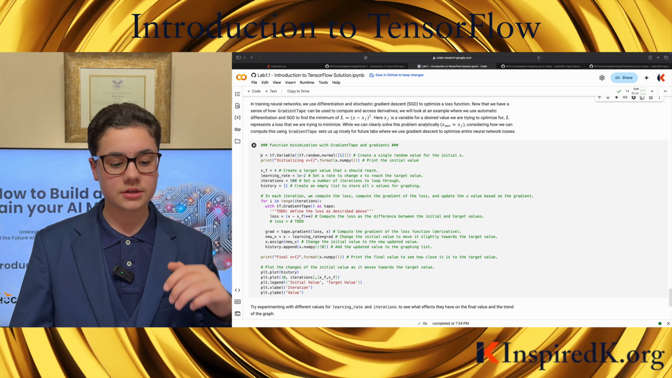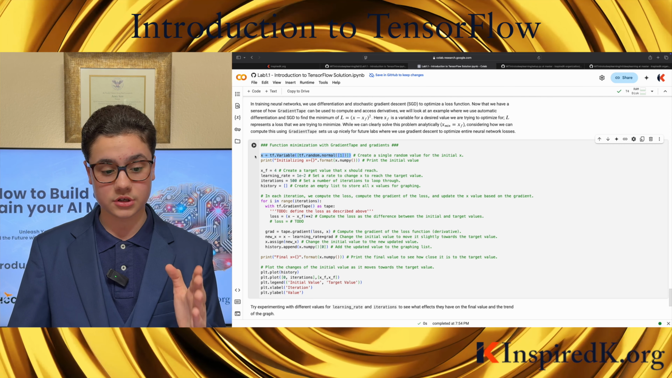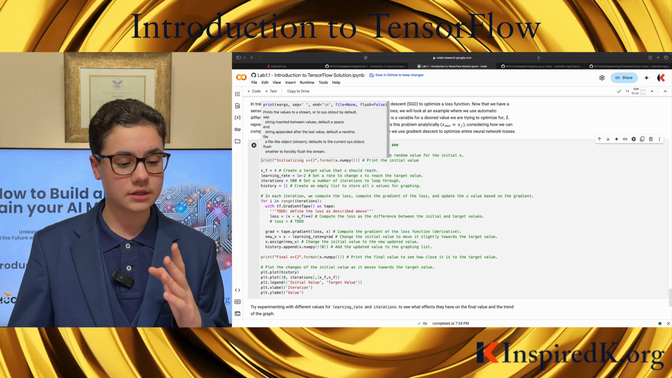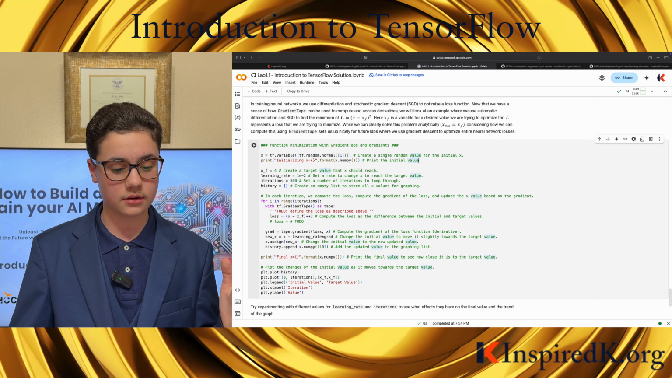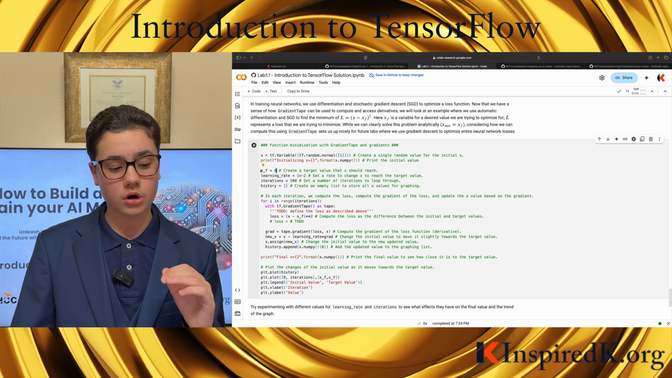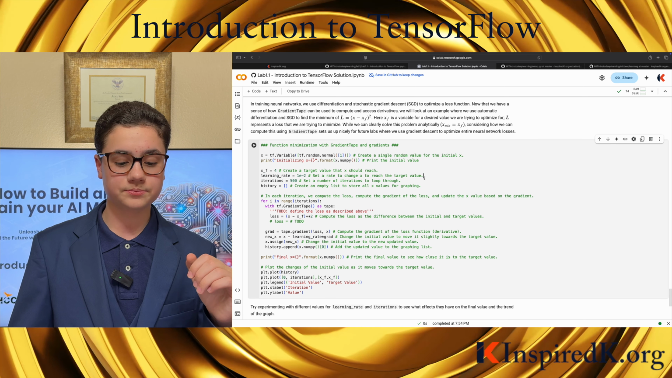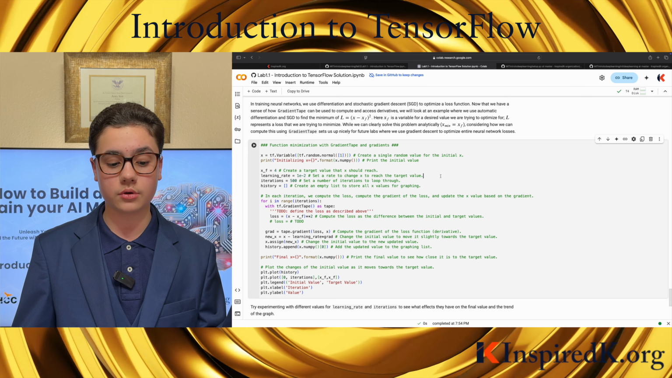So first, let's define a random variable that is 0-dimensional, meaning it only has one value, and then let's have that value of x outputted to see what we originally started at. Then let's create a target value at 4 that we want our x value to reach, and set a rate called the learning rate, which is the rate that we are going to change our initial x variable until it